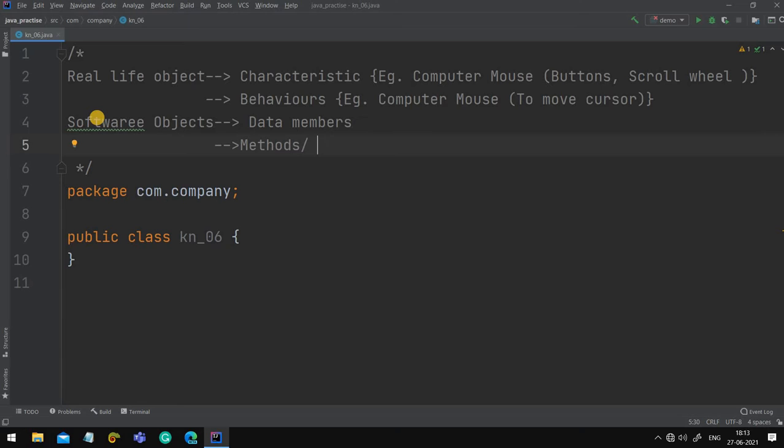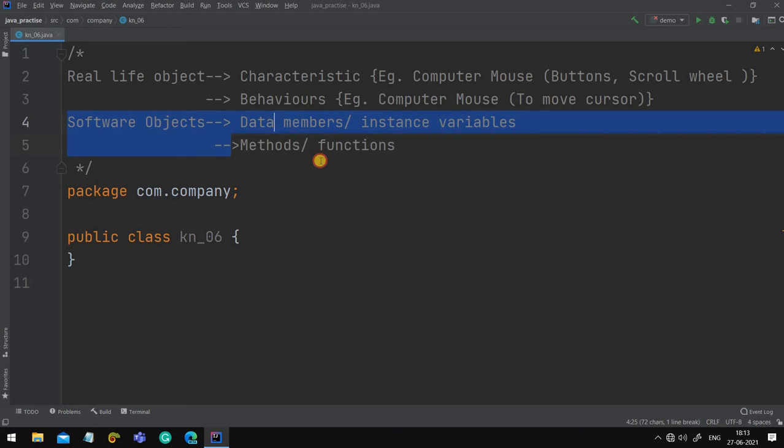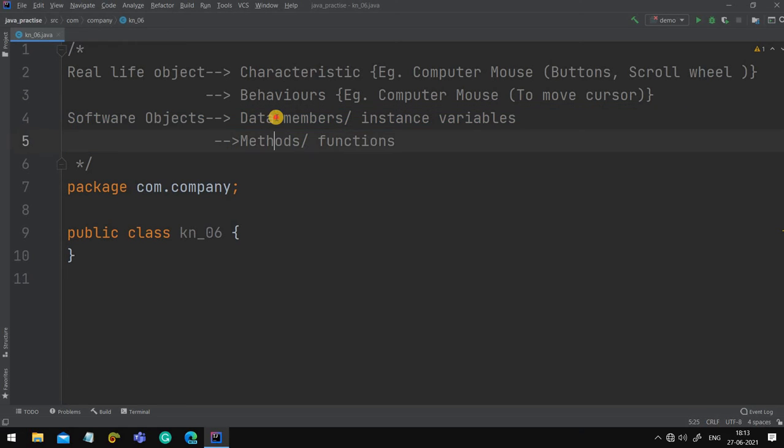Methods are also known as functions. And your data members are also known as instance variables. Now, in software life, you got these two things. In real life, you got these two things. The real life one I have explained to you. In software life, the data members and the methods and functions.